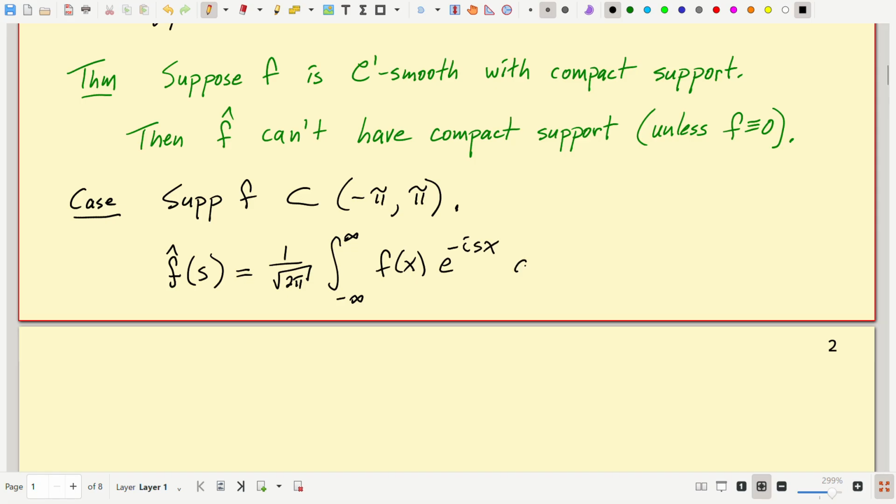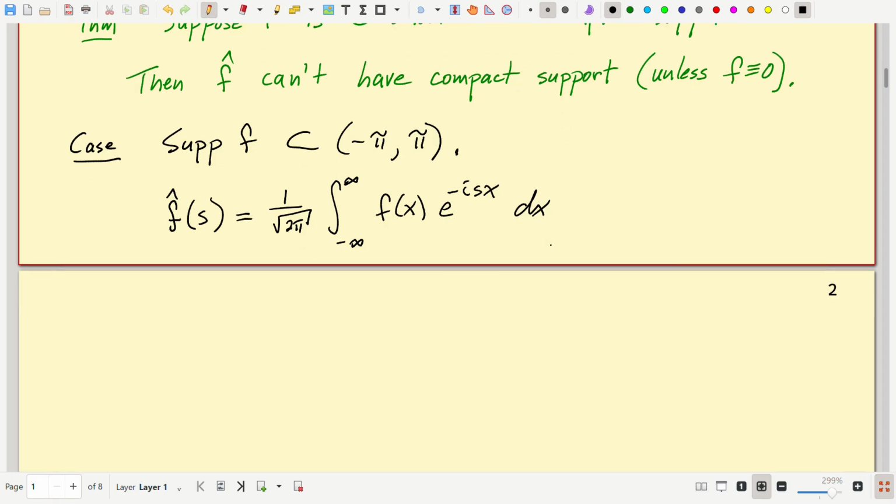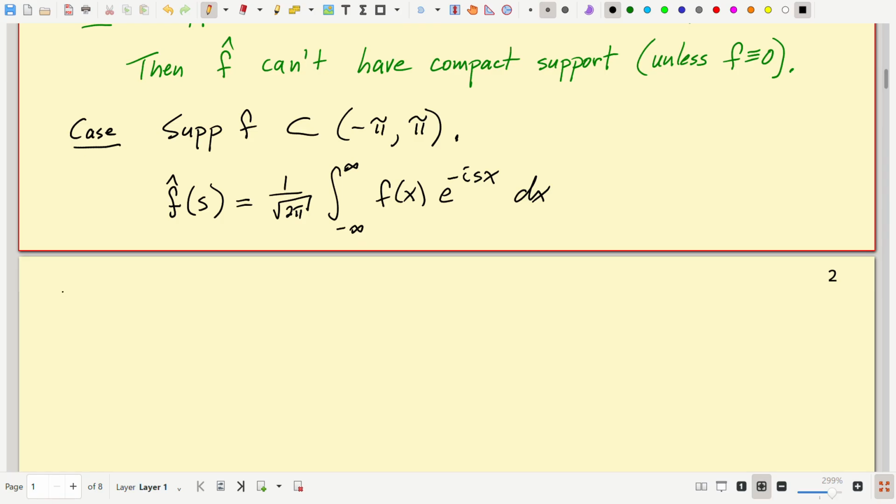And of course that integral exists because f has compact support, and everything in there is nice and smooth and integrable. So no problem. That exists. And you stare at that for a minute and realize that reminds me of Fourier series. And in fact, so now I'm thinking out loud,